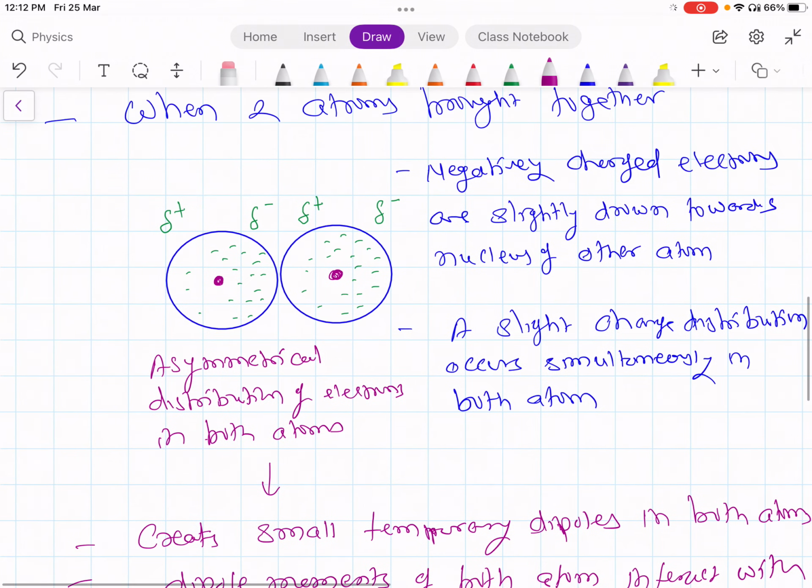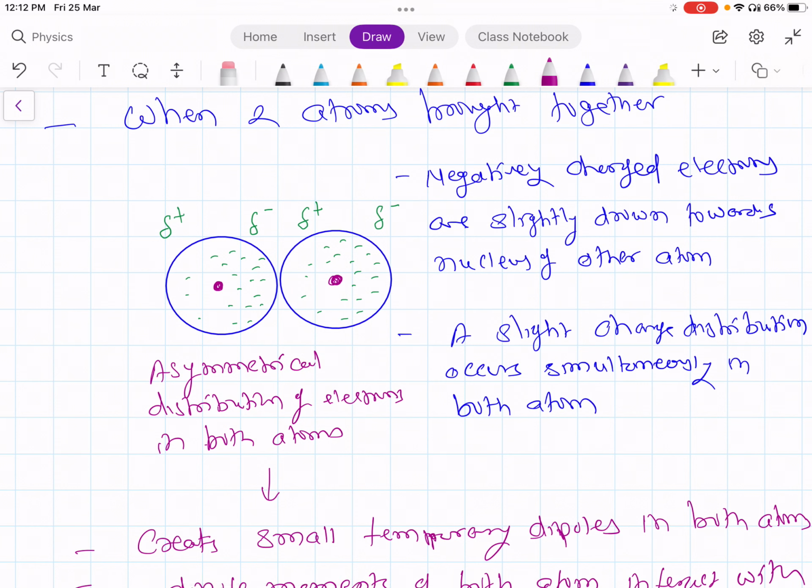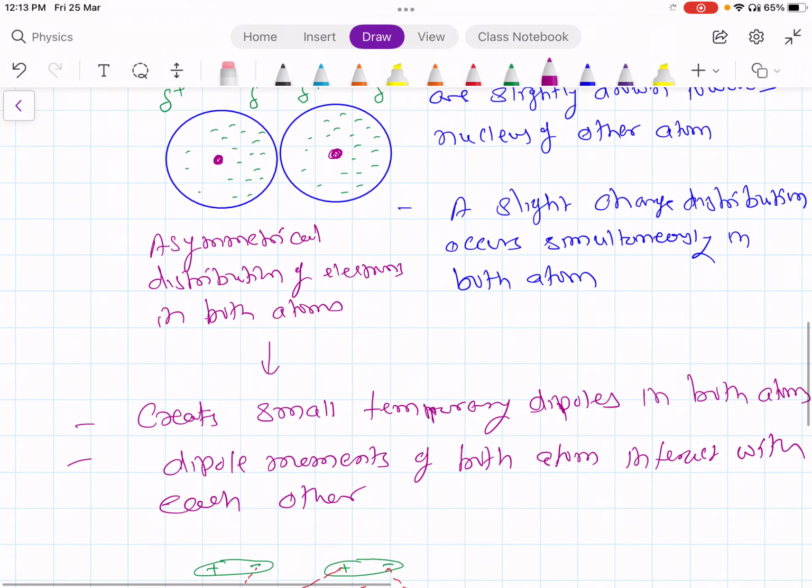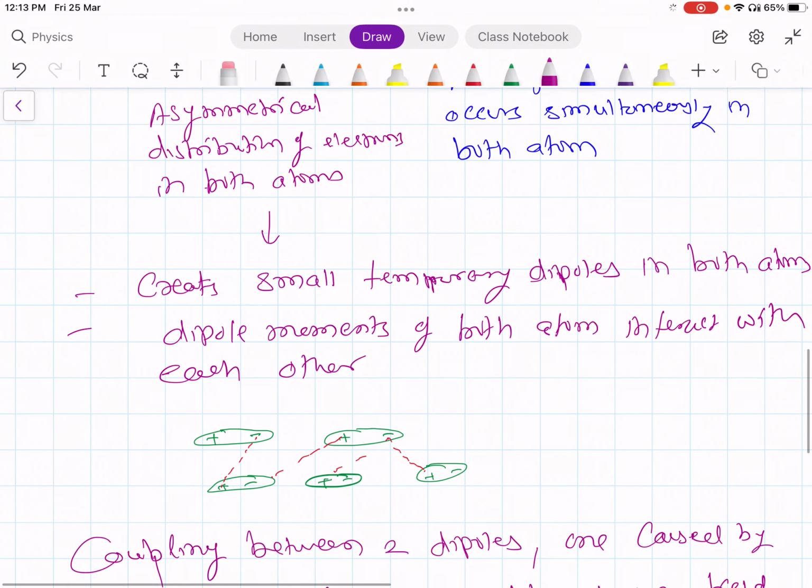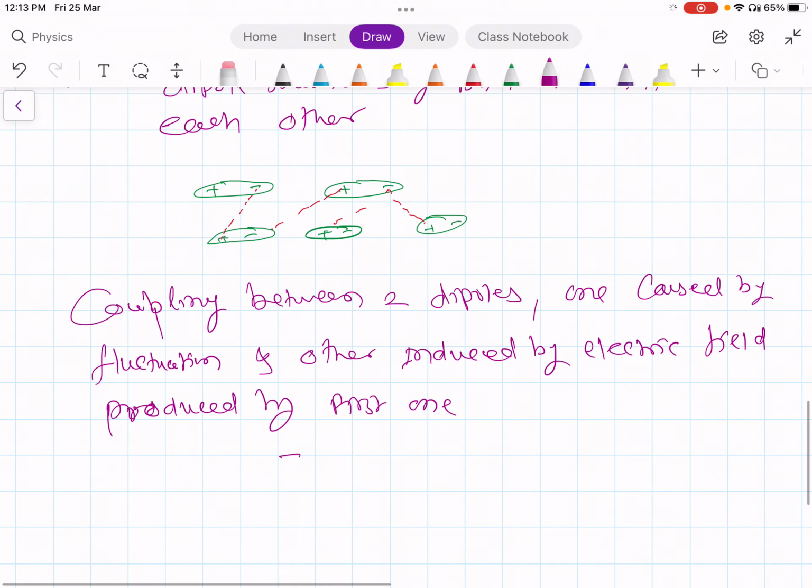So in the first atom, there is a fluctuation, and so the dipoles are produced. And because of this fluctuation, the electric field is produced. On one side a slight positive charge is developed, and on the other side a slightly negative charge is developed. So this electric field of the first atom produces the dipoles in the second. And this results in attractive forces